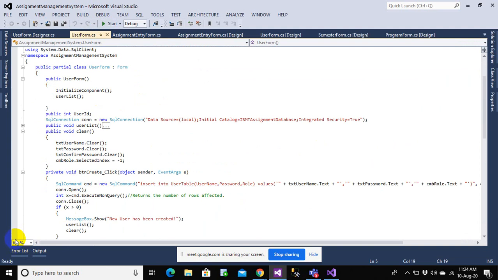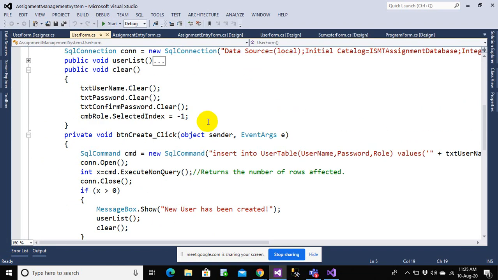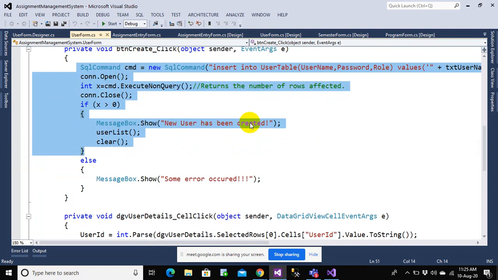We just made an insert operation and we created a user. Actually, this is not the way that we do programming. We do a different way of making programs. This is just for the sake of practice, everyone. You need to practice like this. But in a real world project, this will be different